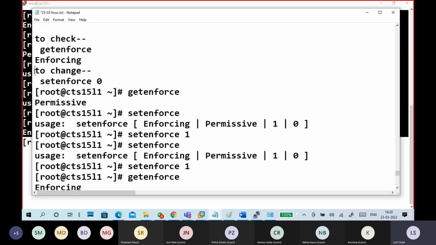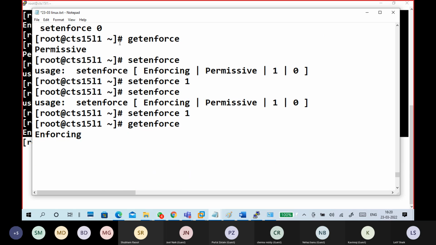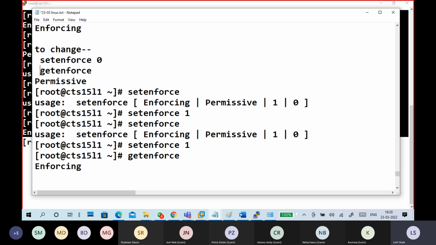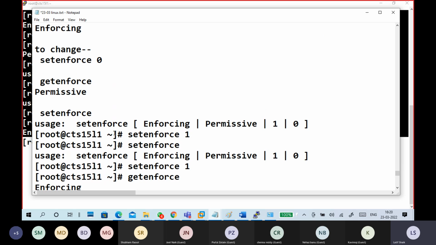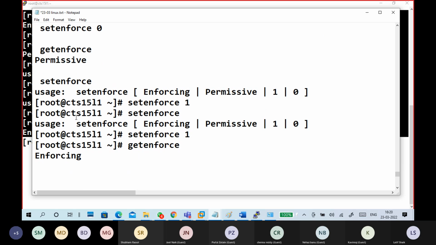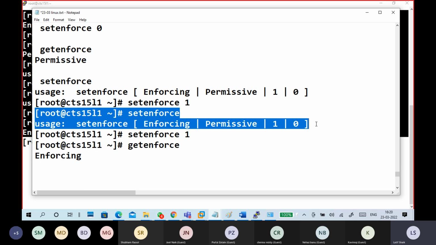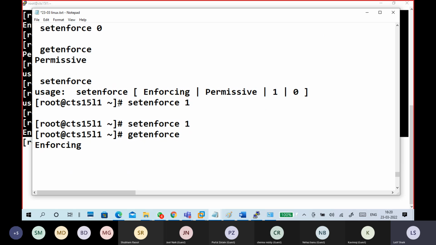Which mode you belong to, change. So again you have to check it, right? So you'll run getenforce, so you want to know what the enforcement mode is like this. Again, I'm changing to enforcing mode.